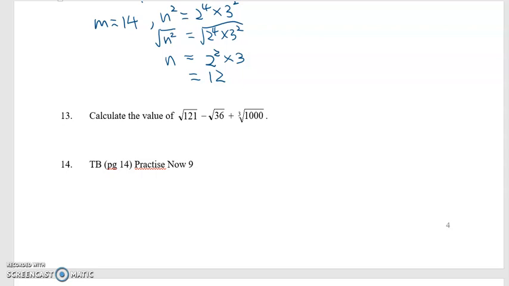if you are very well acquainted with your square roots, your cube roots, or your perfect squares and your perfect cubes. Okay, now for the question, as long as it doesn't say that you cannot use your calculator, you can actually make use of your calculator as well. Okay, so this is actually just to check whether you know where the square root and the cube roots are. Okay, so if you look at your calculator,